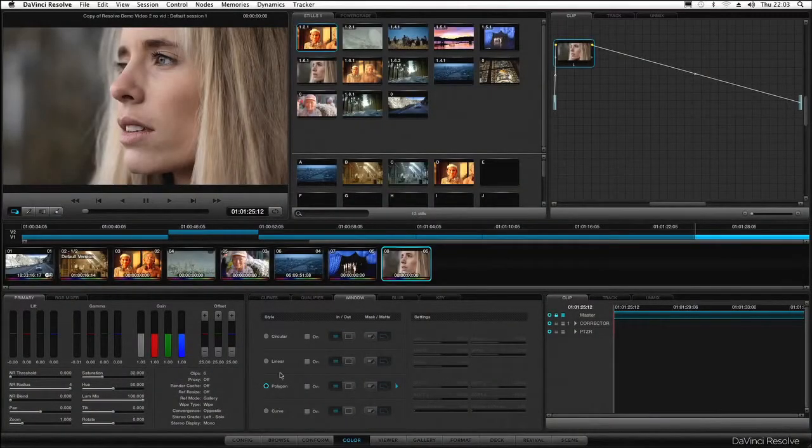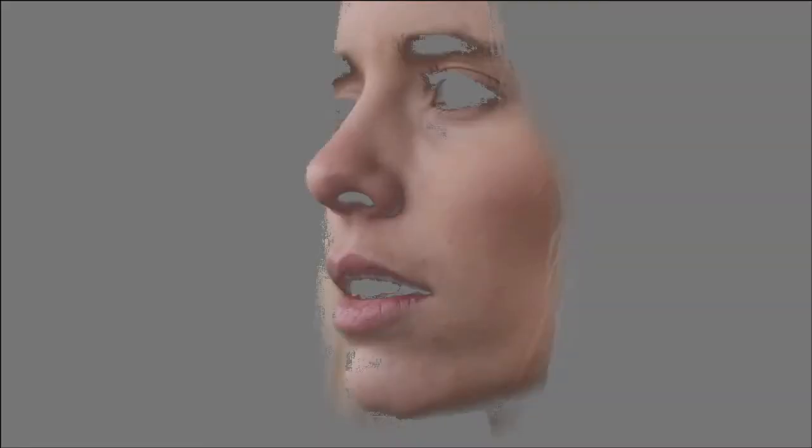Resolve can grade directly from raw camera files like RED, ARRI, OpenEXR, ProRes, and others. It also handles H.264 files from a Canon 5D. 5D images look amazing in Resolve, and I'm going to add some softness to the highlights on this girl's face to make her skin look smooth. You can see how wonderful these consumer cameras can be,